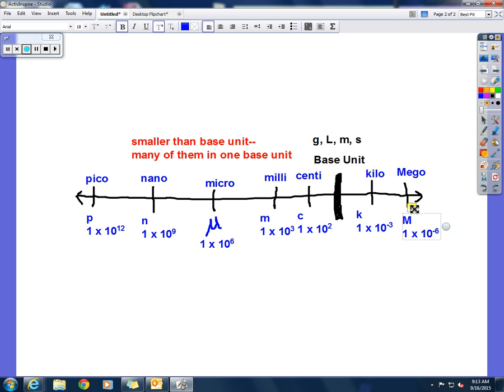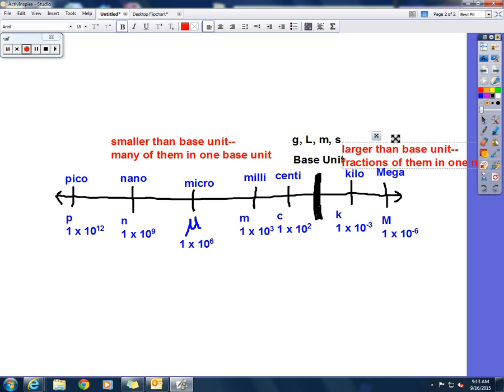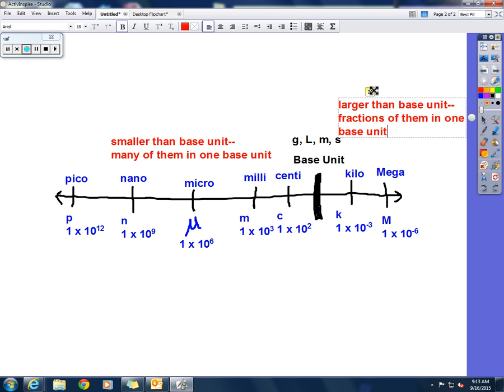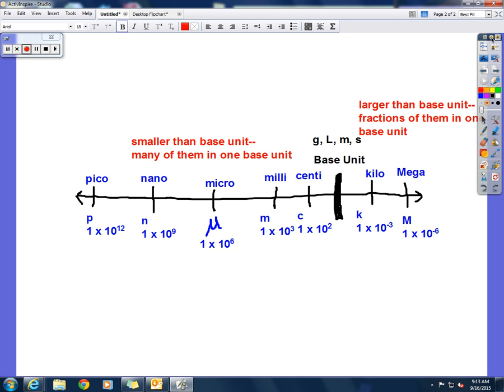Now, these are all things that are larger than the base unit. If they're larger than the base unit, there are fractions of them in one base unit. That's why all of their exponents are negative, because there's a fraction of them. Okay? With a line like this,